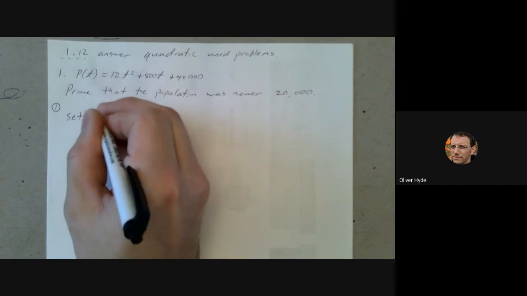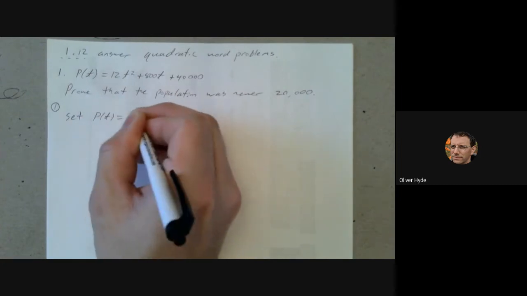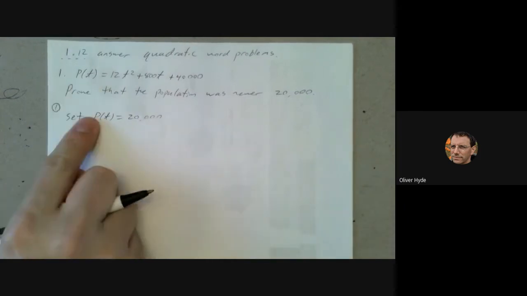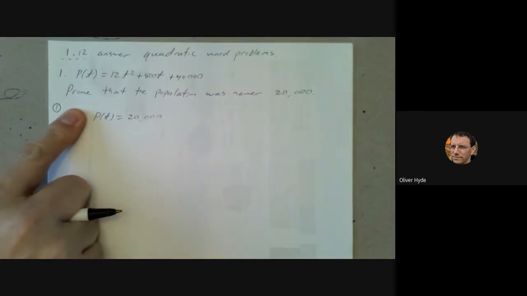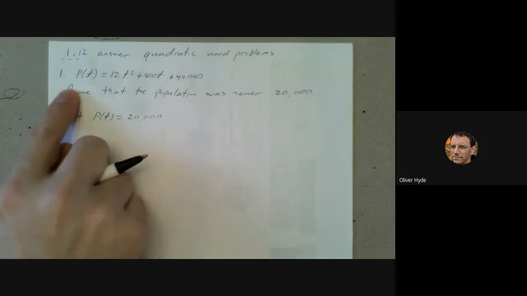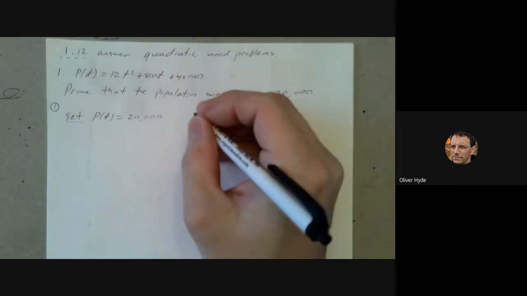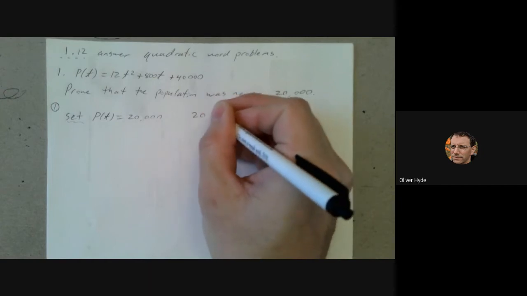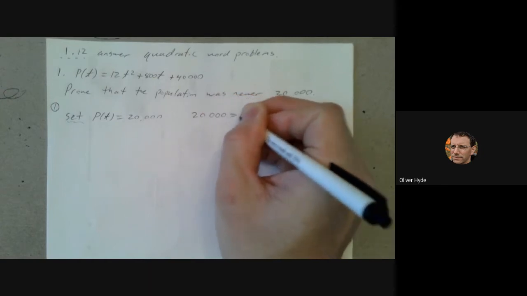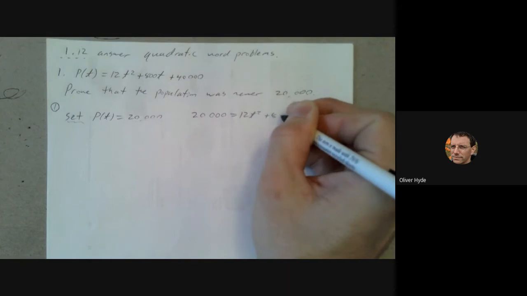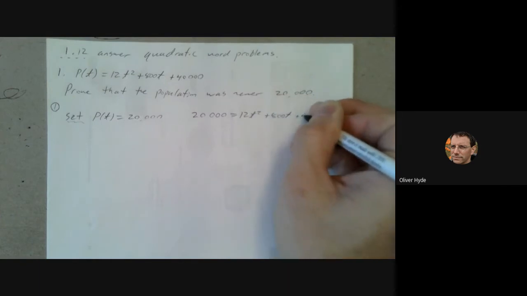So to do that, I need to communicate really clearly that I am setting my population to be 20,000. Discussed this a couple of times. The population is variable. This statement, P of T equals 20,000, is false. That's not always true. In fact, we're trying to prove that it can't be true. So it's very important to have these 3 little letters in that order right there. If we set our population to 20,000, then we get the quadratic equation 20,000 equals 12t squared plus 800t plus